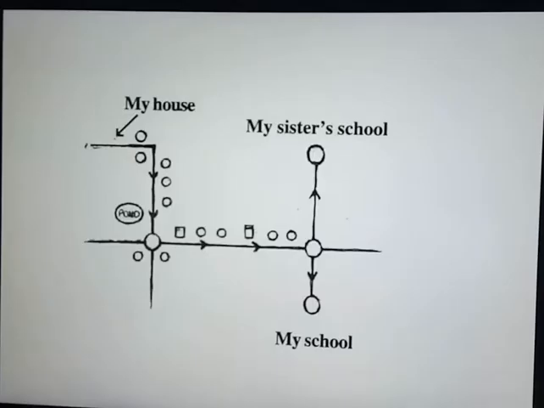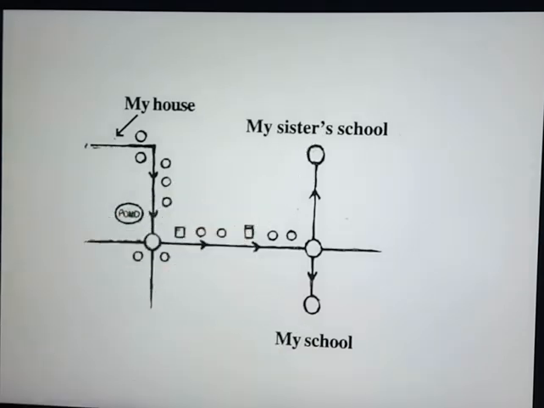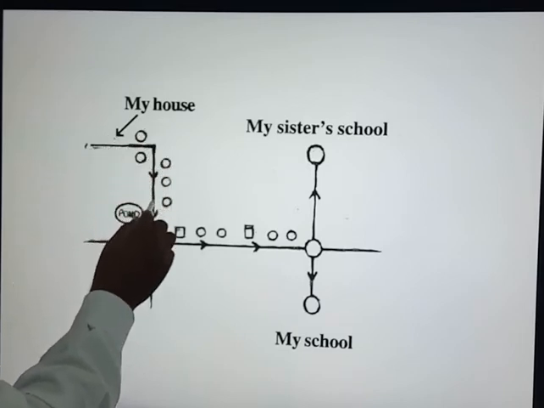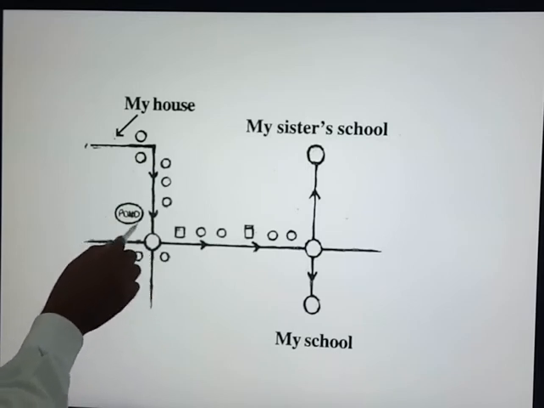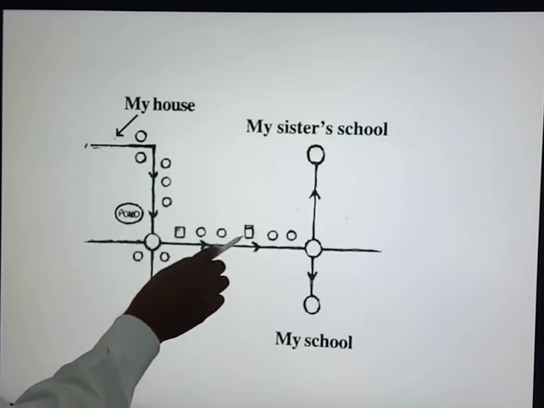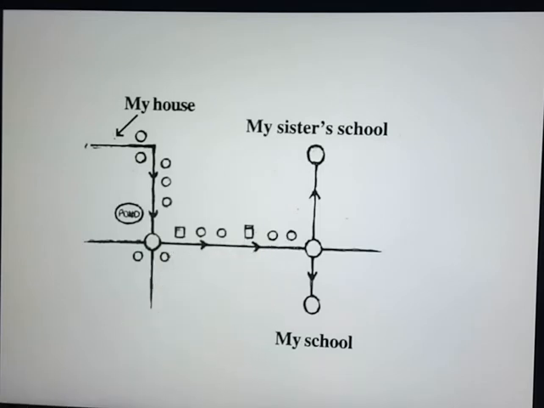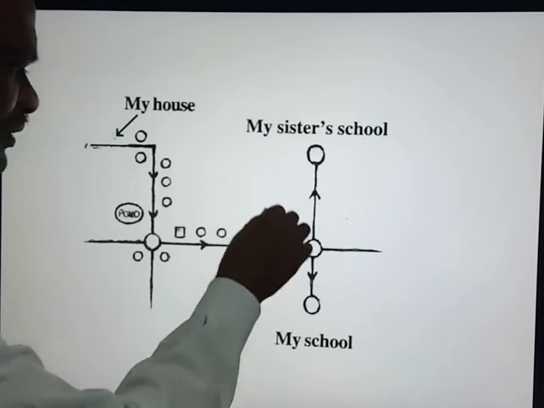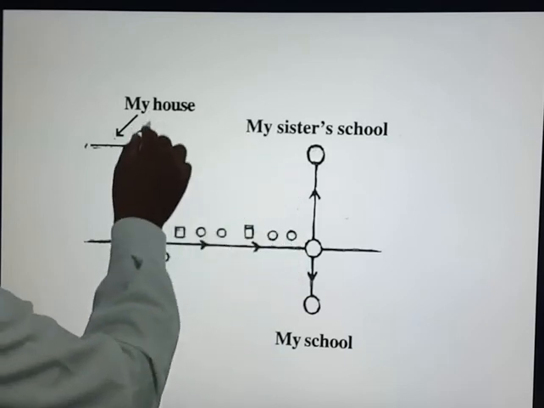On the map we have shown here, this is my house, and then my sister's school is shown and my school is shown. How to show that? See, from my home there is a road shown, with arrow marks showing how to reach my sister's school and my school. One pond is shown, there are 2 buildings and small circles and all. You can use whatever symbols you want. If you go upward, it is your sister's school, and if you go downward, your school will be shown. This is shown on a simple map.